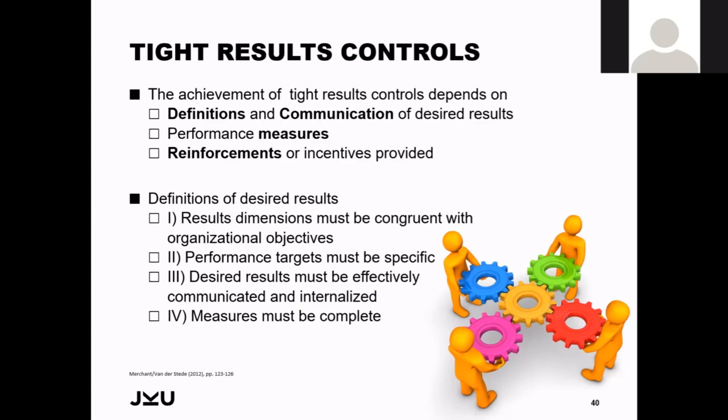The second step is performance measurement. Okay, I defined it, I communicated, but now I also gotta measure it, which means I gotta make sure: does the employee reach the goal, or how is he or she reaching the goal? I gotta measure whether it worked, whether the employee reached the goal or not. And the third step of tightness is a very harsh one, reinforcement, which means you either place incentives and reward that employee for reaching the results,